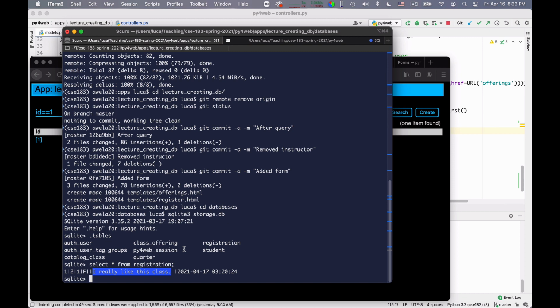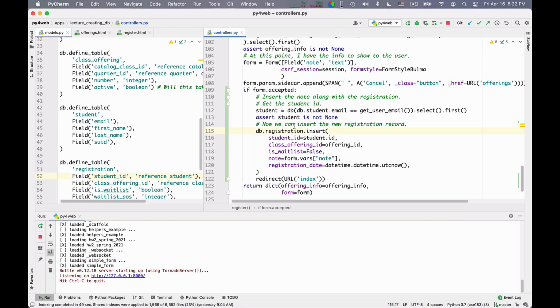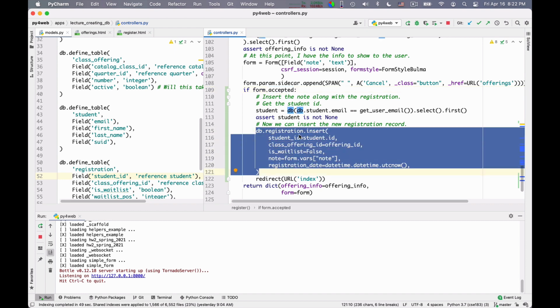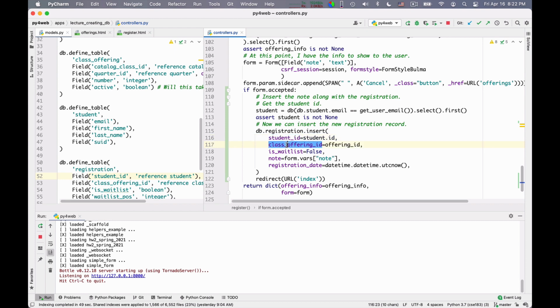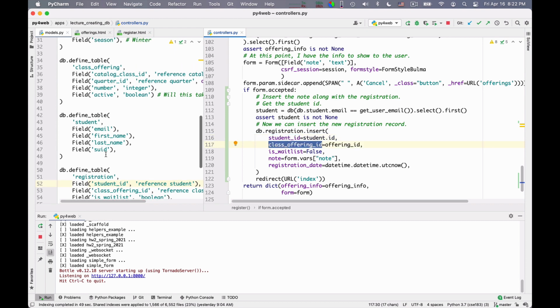Okay, but the code works, and so you have seen essentially how we can build manual forms which we build independently of our database tables. We can process them, and we can do the insertion ourselves in such a way that we actually build the connections between these multiple tables.